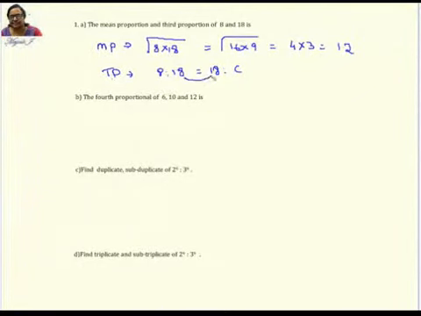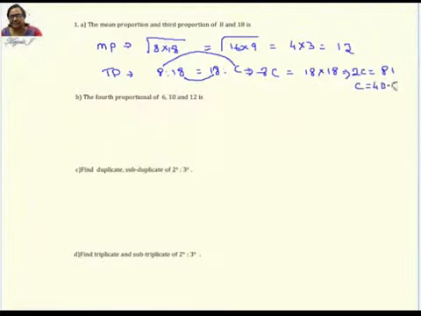You know that product of means equals product of extremes. So therefore 8 into C will give you 18 into 18. So you can remove one 2 from here, another 2 from here. Then if the two 2's are removed, this will be 2C equals 81. 9 into 9: one 2 I'm taking out from here, another 2 I'm taking out from this. So 9 into 9 is 81. And the 2 goes from here, the balance is 2 here. So C equals 40.5. That's the answer.